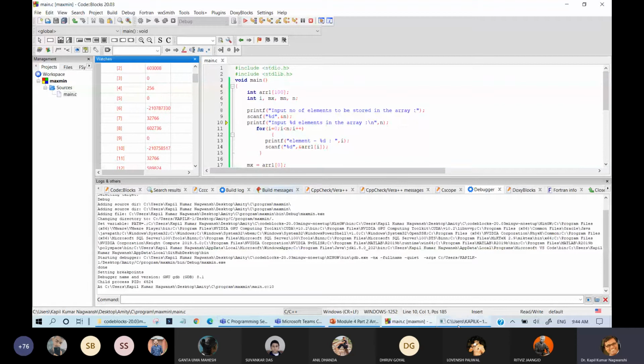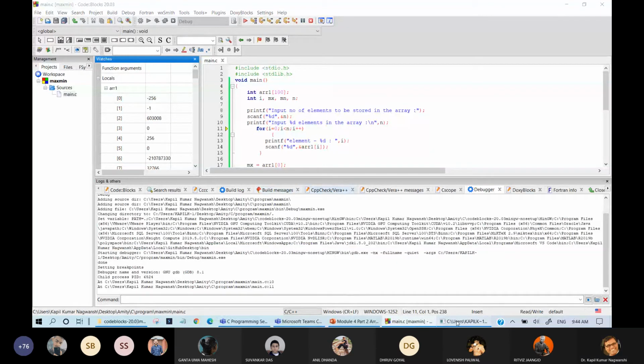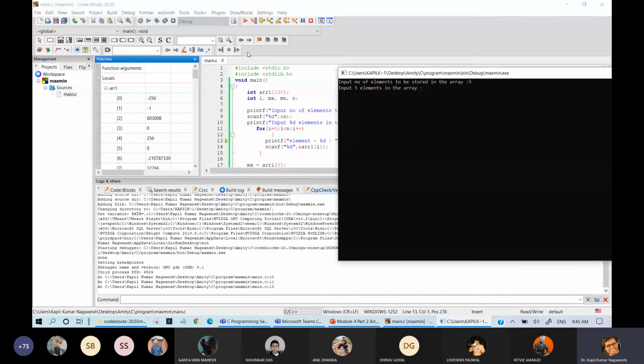Now let us write one by one. So now I am going to the next step. It is asking input 5 elements in the array. Okay, now going to the next step. So what will happen now? Nothing will happen here.